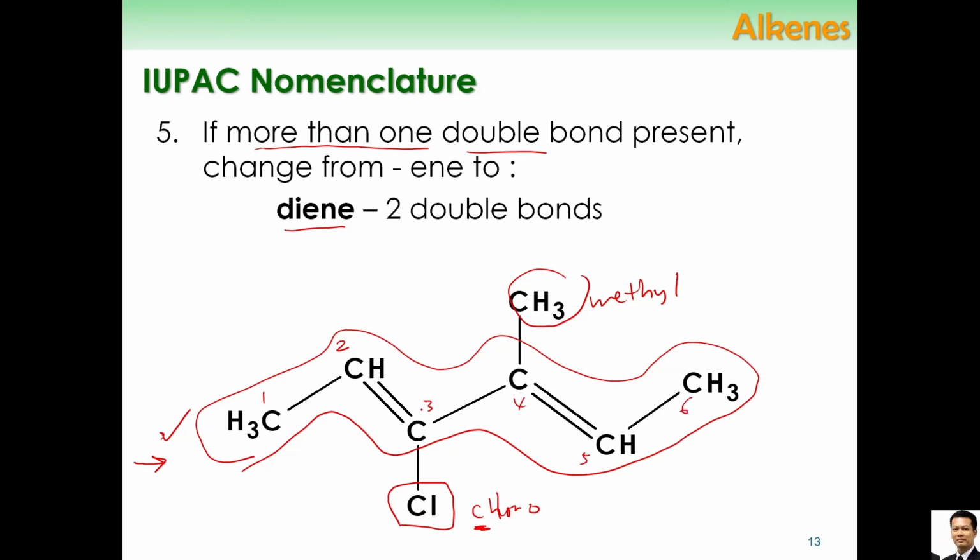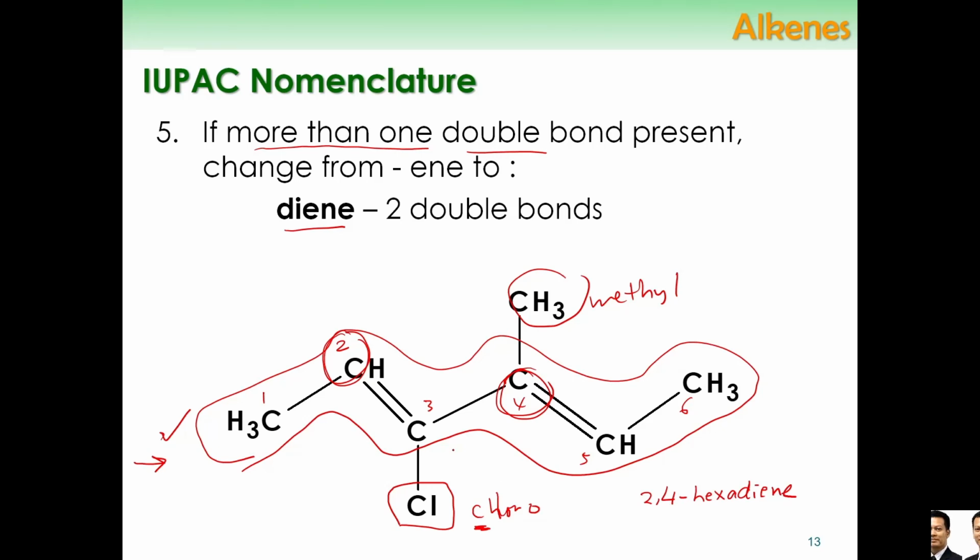Okay, diene. And the position of the double bond is at carbon number 2 and carbon number 4. Even though it is at carbon number 2 and 3, we choose the lower number. So number 2. And this one 4, 5, right? The double bond is at 4, 5. So we choose the lower number, which is 4. So the parent chain name is 2, 4, hexadiene. So you put the word diene there, hexadiene, referring to there are two double bonds at position number 2